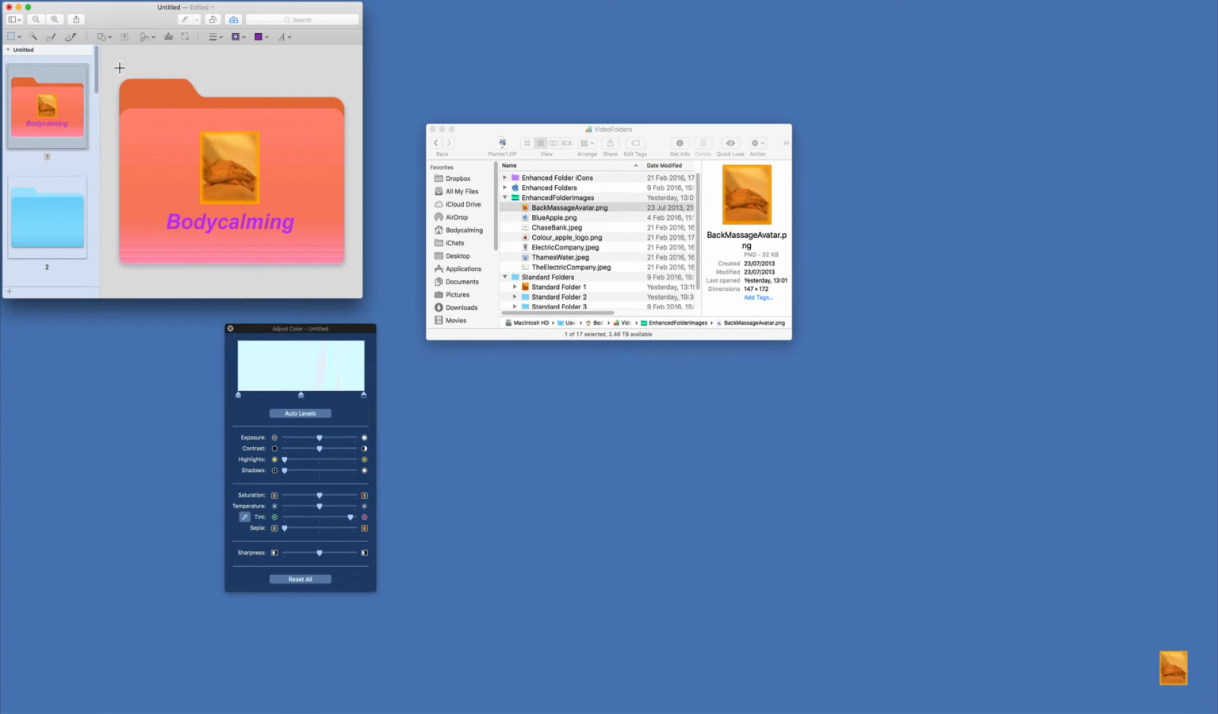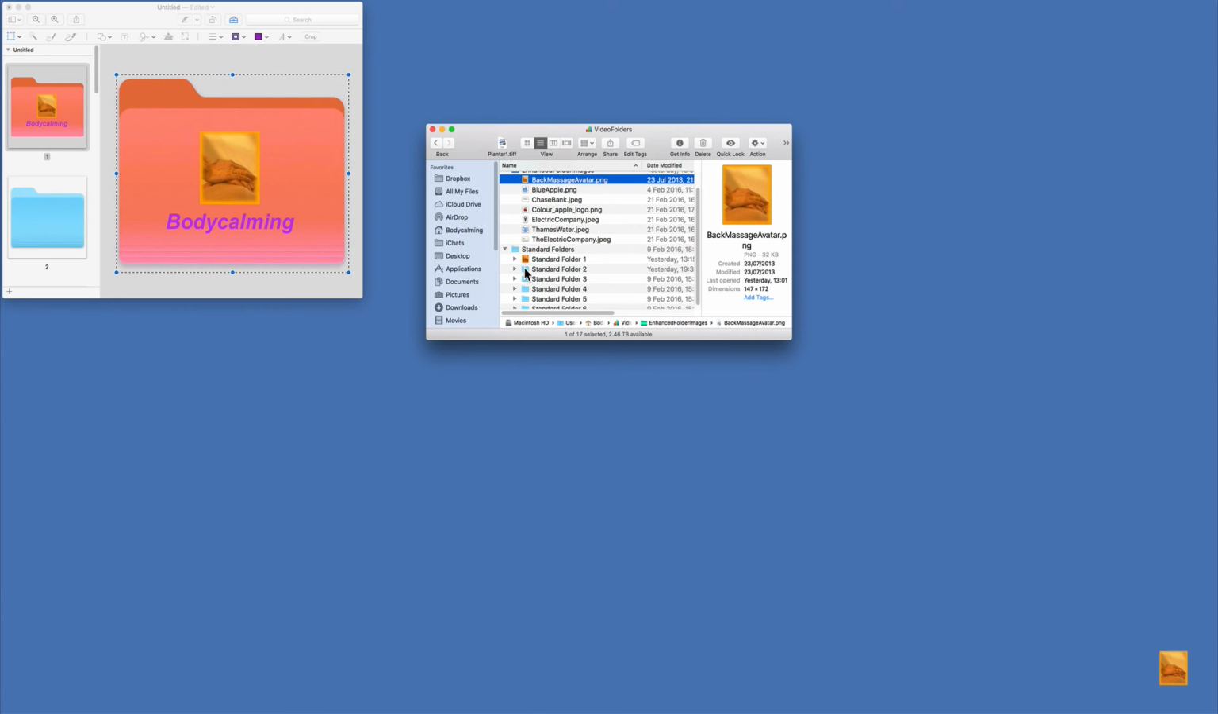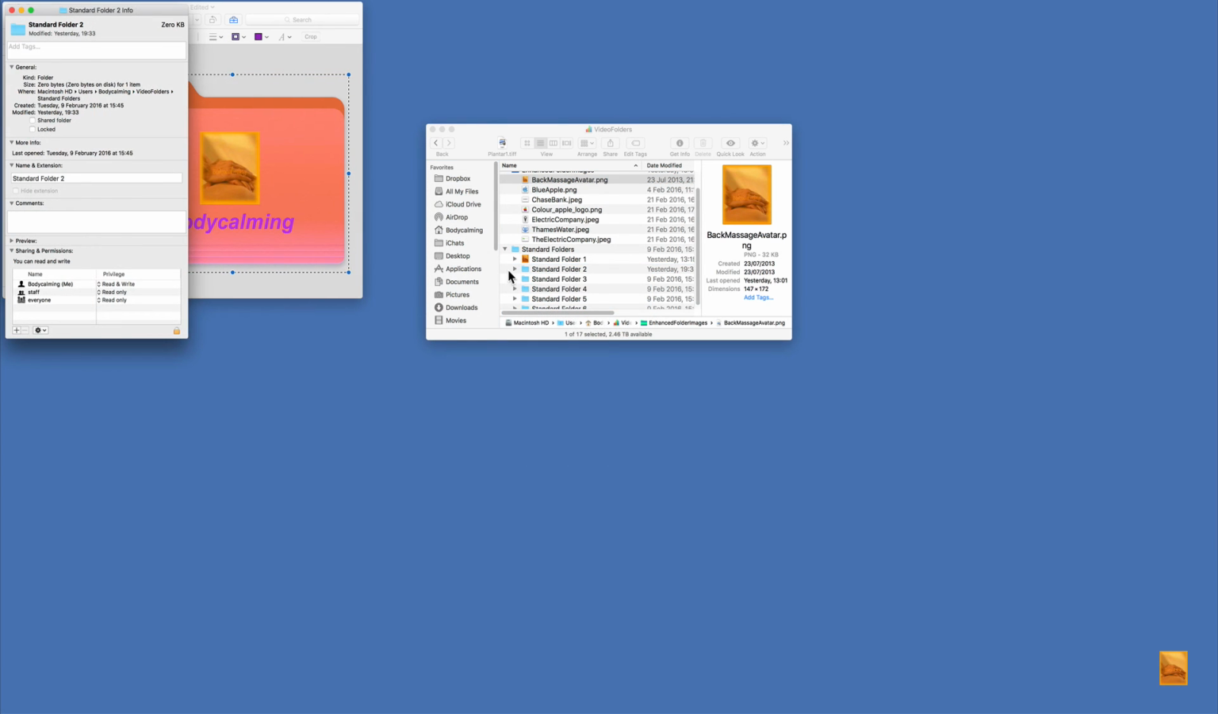What we need to do now is select the new enhanced folder, and we need to copy that. Then go to one of your standard folders that you're going to change. Get the info of that folder, click on the icon, paste your new folder in,